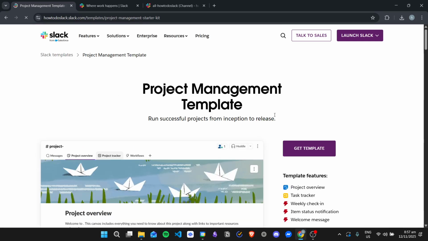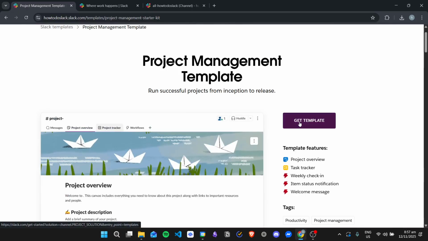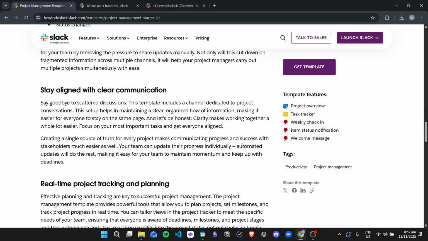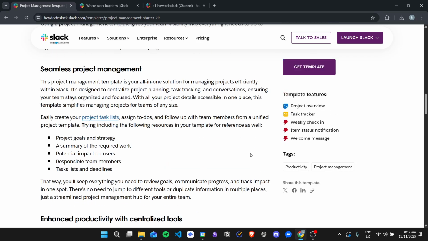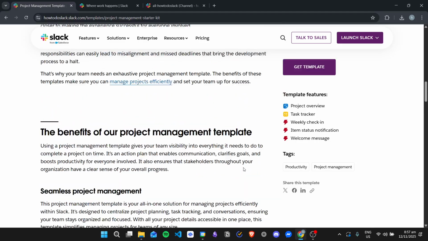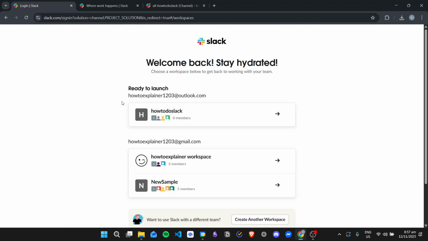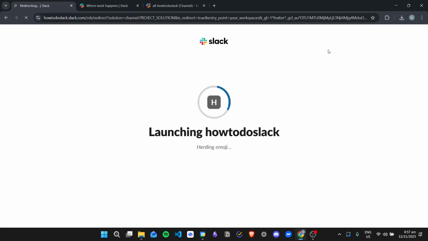We can click on it, and keep in mind, if you are going to use a template, you need to have a Slack Pro account or a premium account. If you have a free account, you cannot use this template. But don't worry, because I will still show you how to create a project management platform using a free account. For example, right here, I can just click get template, and then we need to choose the specific workspace that we want to use. I'll choose this one, the how to do Slack,